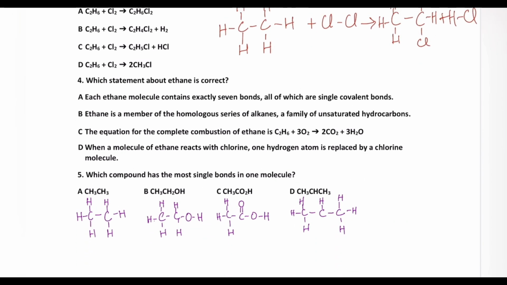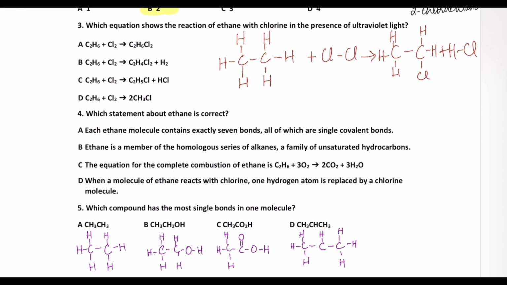Third question is, which equation shows the reaction of ethane with chlorine in the presence of UV light? This is again a question related to the substitution reaction. The question is about the reaction of ethane with chlorine. So we will write down the equation. The displayed structures are shown. I will simply construct the equation with the molecular formula. C2H6 is the molecular formula for ethane. It will react with a chlorine molecule to form